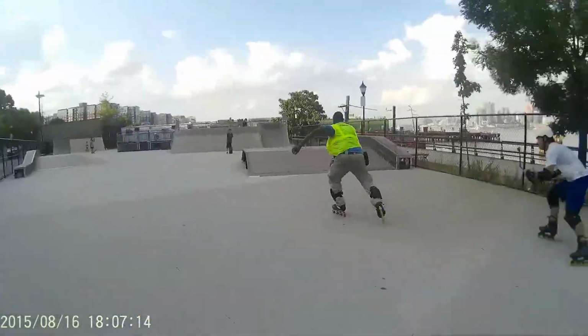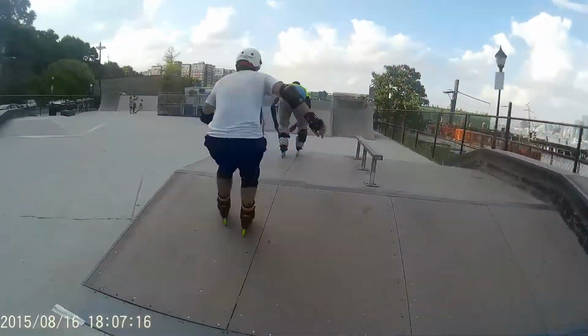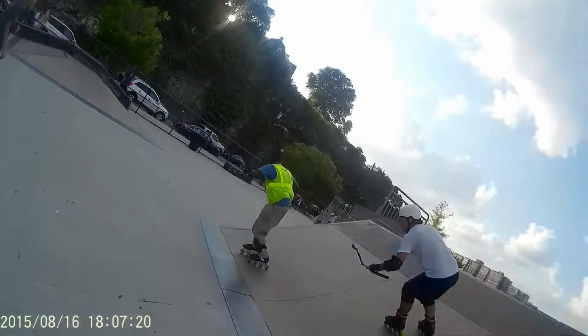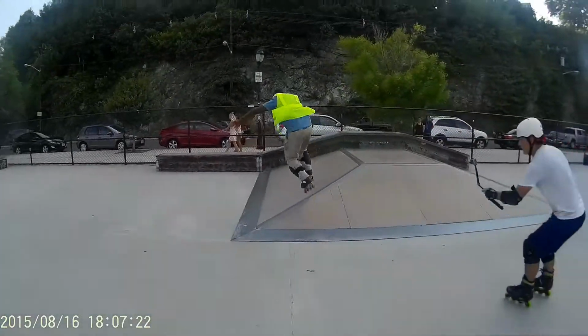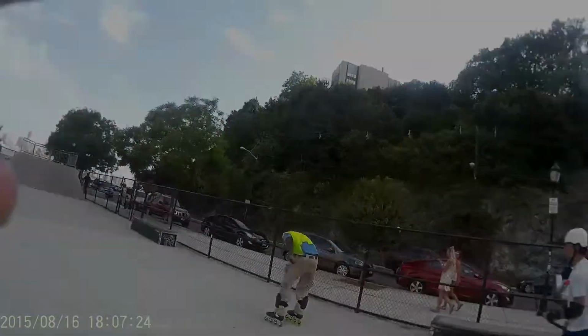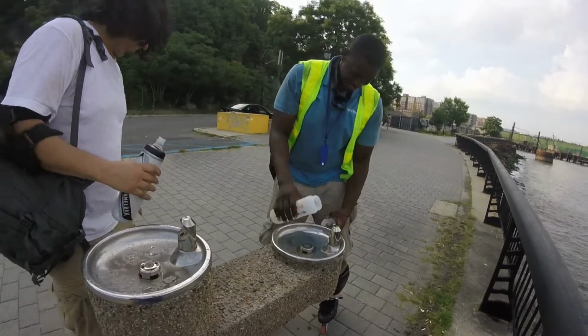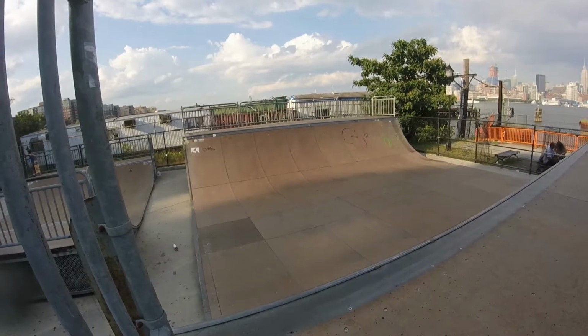So a quick tip for you newbies, as soon as you're feeling confident just kind of rolling around the park, I think it's a great idea to try something like this just to push yourself. And I think that there he is, airing the hip a little bit. It's a great way to have fun before you've picked up a lot of different techniques. Yeah, I saw that. So we take a quick water break,